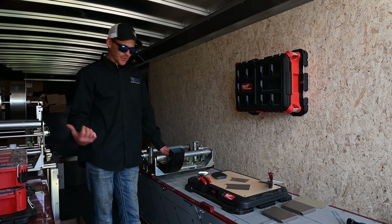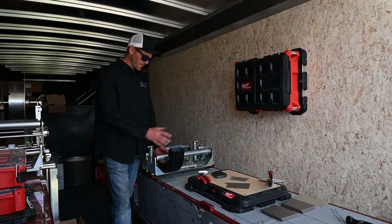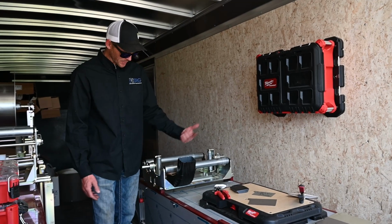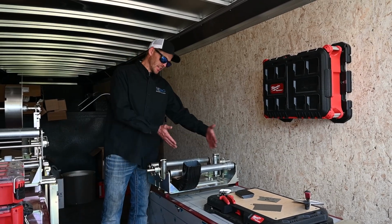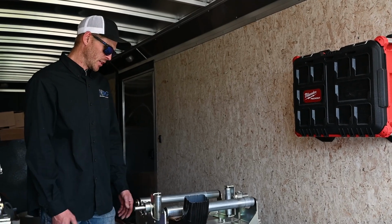One thing I really like about the mini coil cradle is that it has a brake built in, and these ones don't. So I think I've showed you guys this in previous videos, but I just use a 3x4 elbow with some cardboard to slow these rollers down so the coil doesn't unspool. Works pretty good. You can change these from using 15-inch coil or 12-inch coil, and it feeds through the machine